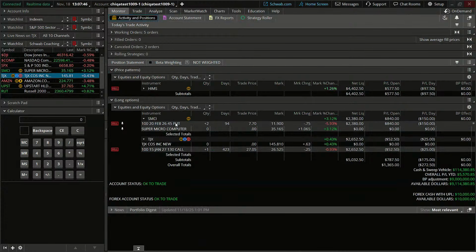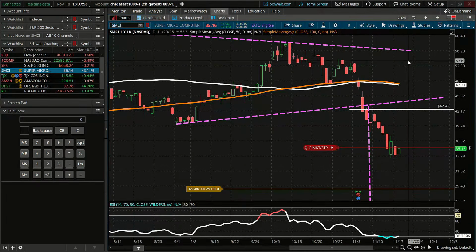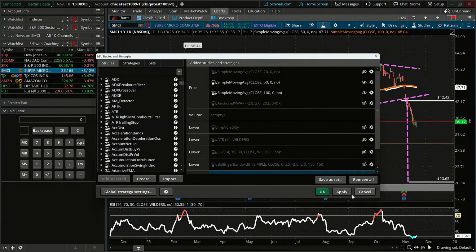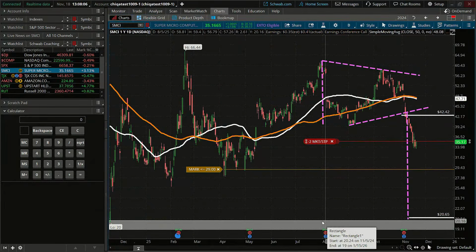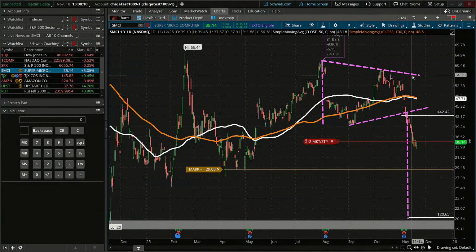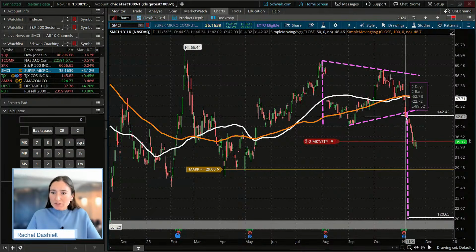Now let's take a look at another trade that we placed the week before. We bought 2 long puts for the 20th of February 2026, the 45 strike puts there on SMCI. And just as a reminder, this is kind of what we were looking at on the chart with SMCI. I'll zoom out here through the noise and hide this RSI just so we can see a little bit better. But we basically called out this triangle pattern that was taking place, and we took our position when it broke, I believe, 2% below that trend line support there when it made that move to the downside.